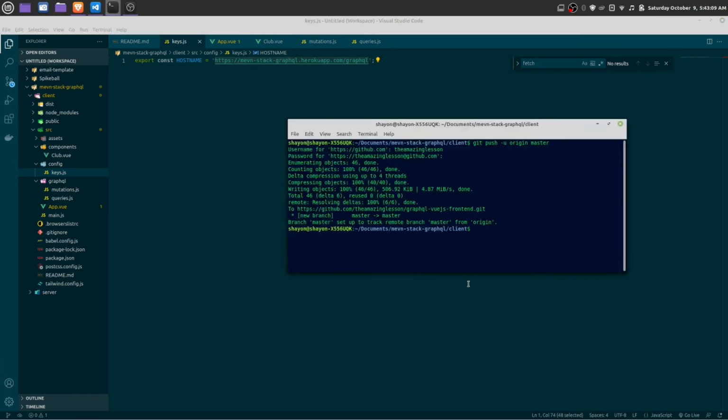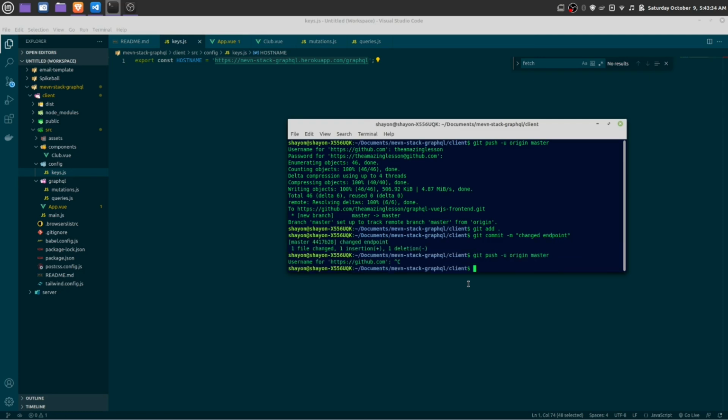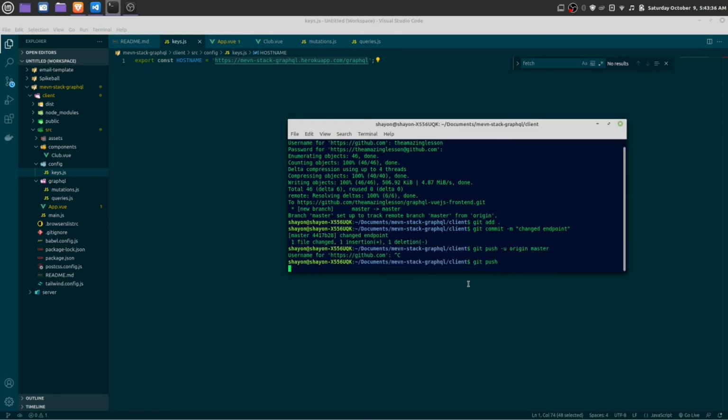Okay, we changed our front end, so we need to make another commit, git add. Actually at first add everything, commit -m changed endpoint. This time you can just do it like this, git push. You don't have to use origin.